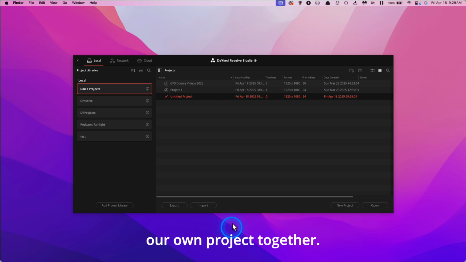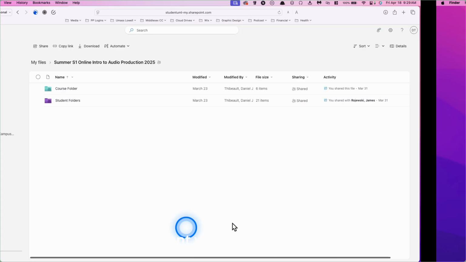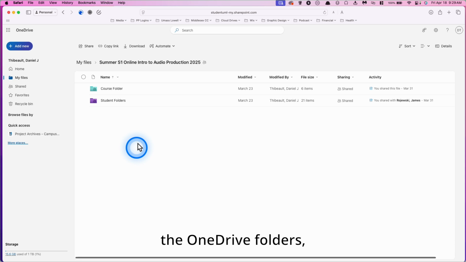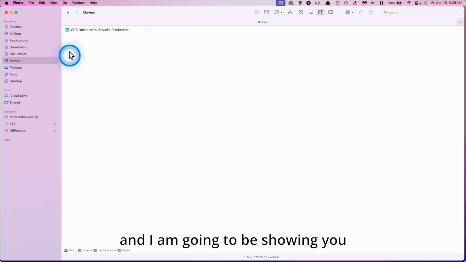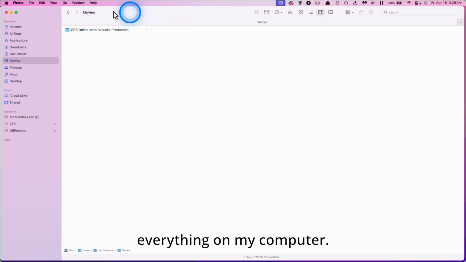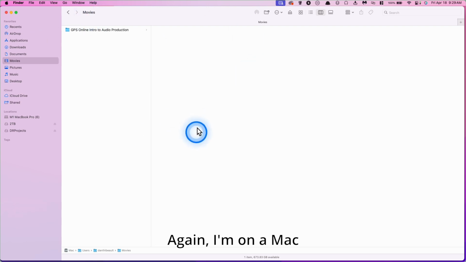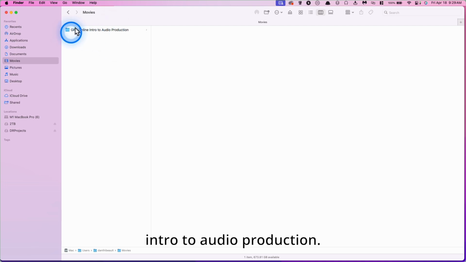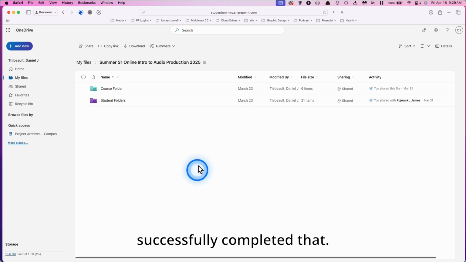our own project together. I want you to know that I am going to be showing you the OneDrive folders, and I am going to be showing you where I am storing everything on my computer. Again, I'm on a Mac, and in the movies folder, I have this GPS Online Intro to Audio Production. This is where all my projects live, and I hope you have successfully completed that. If you haven't, give me a shout, and I'll help you get a little bit more organized with your folder